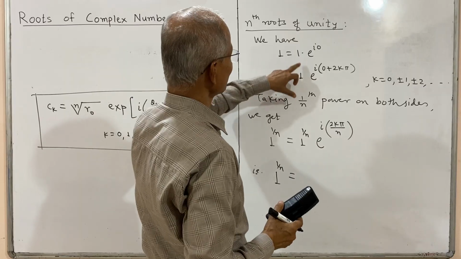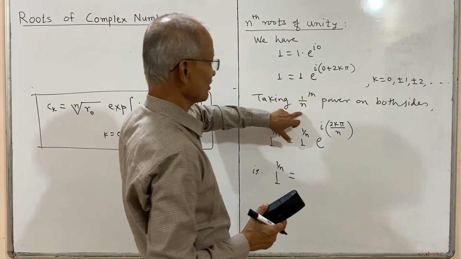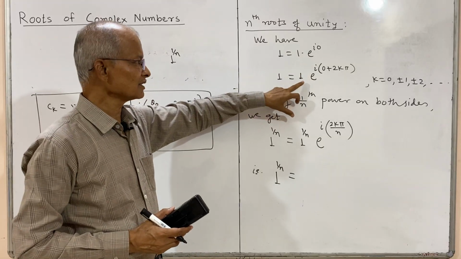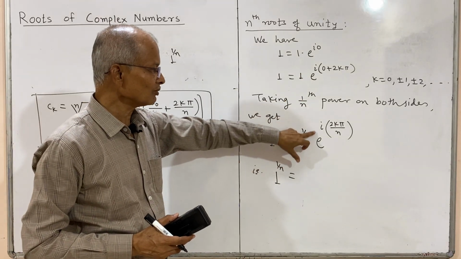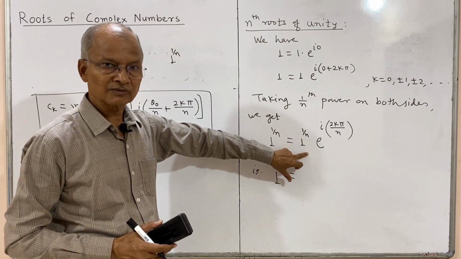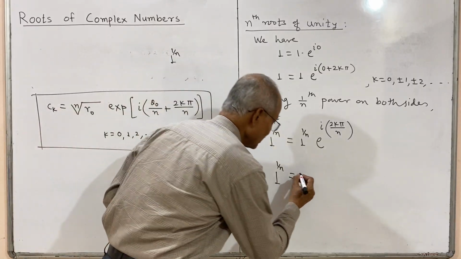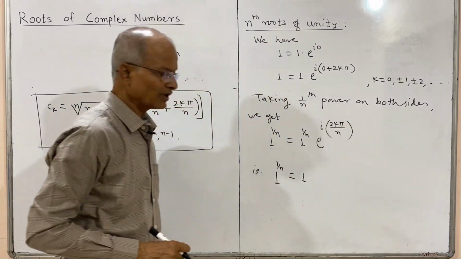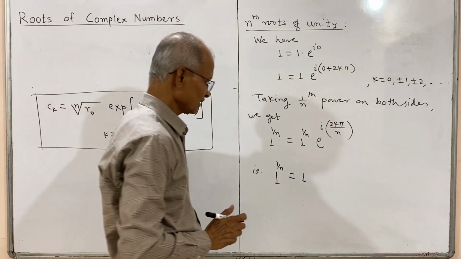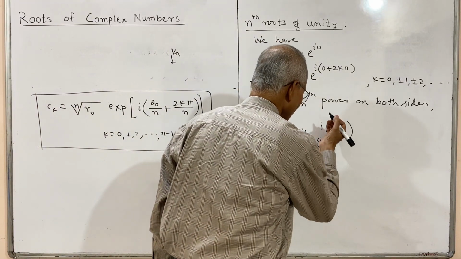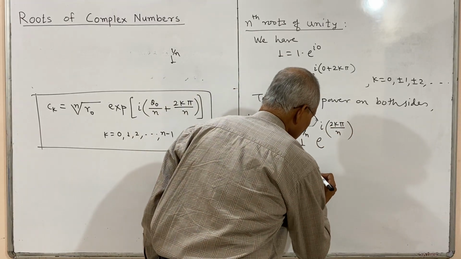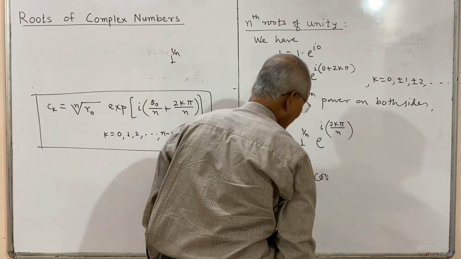Actually there is no need to write this 1, but we have written it because the modulus is 1 and it is a positive value. This is the modulus of the complex number, and therefore its value is positive, so we have to take the positive nth root of 1 as 1, and therefore this is exponential e power i 2k pi by n, and